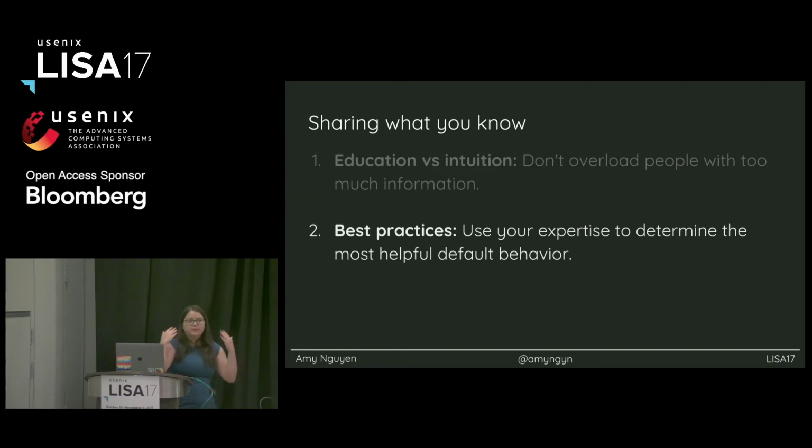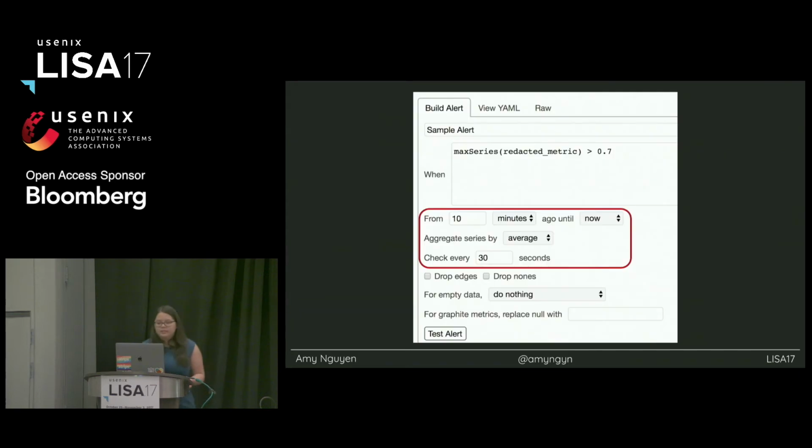You know what is probably the right thing to do for most of your engineers, and you should direct people towards that. One example is this Mad Libs thing from the previous couple of slides. We knew that most people in our case want to go back 10 minutes, they want to average things in general, and they always want to check every 30 seconds. We knew that we have a cache, so checking every 30 seconds is fine, even if they're loading up 10 minutes of data, it's not a huge resource strain. But if you know that you can't check every 30 seconds, then you can tweak that.